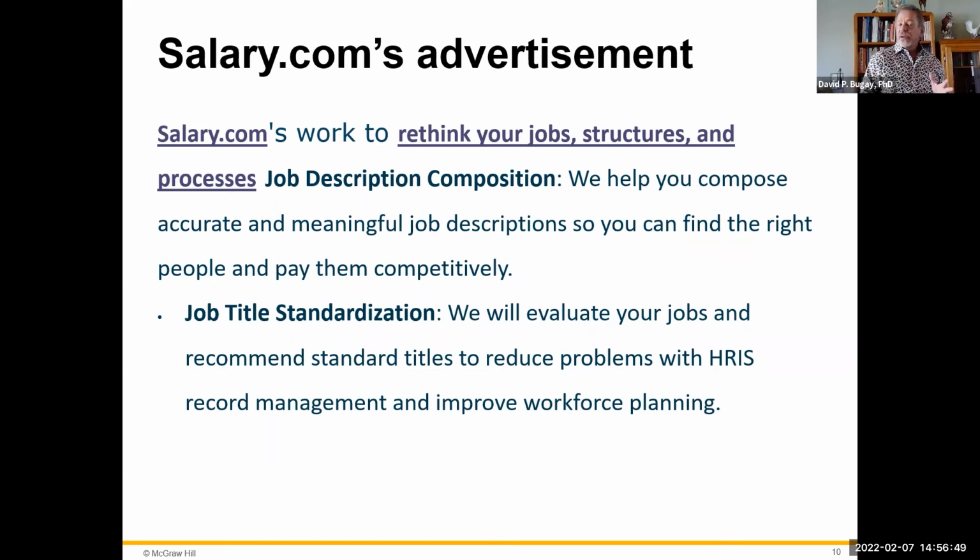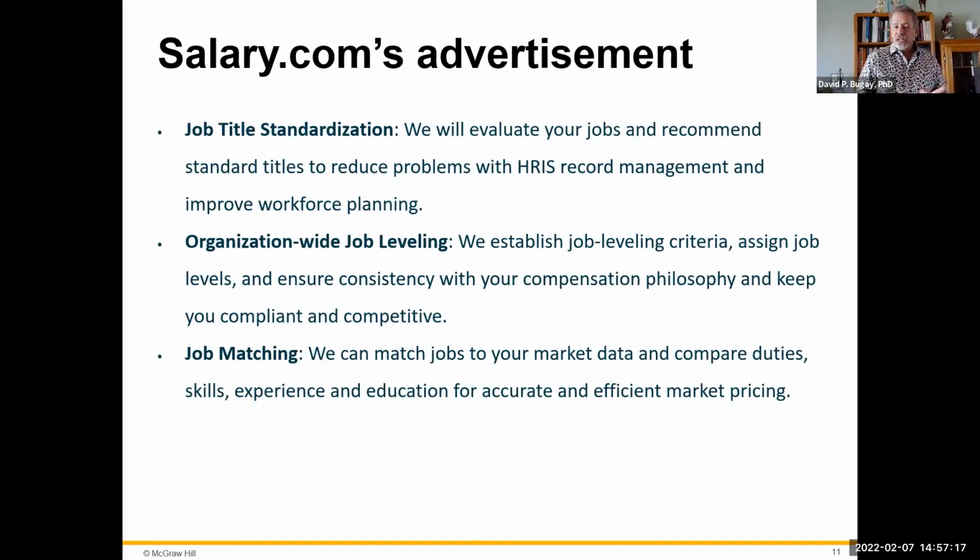You have a group of jobs, let's say an assistant, and then you have a secretary, and then a senior secretary, an executive assistant, a whole class of different things, and have title standardization. Or you have a level of all supervisors, then above that, a level of all managers, then directors, then executive directors, then vice presidents. A lot of job title standardization to eliminate confusion in an organization.